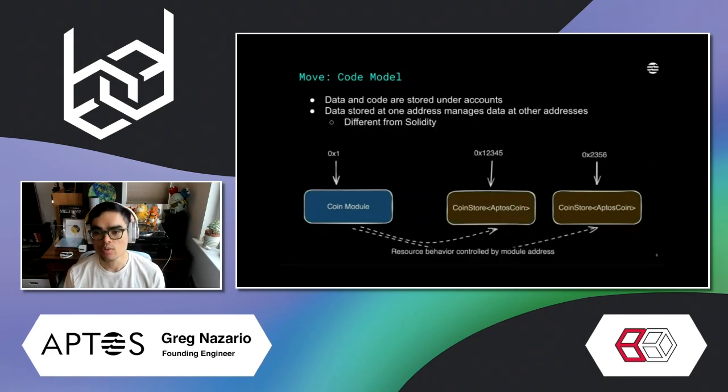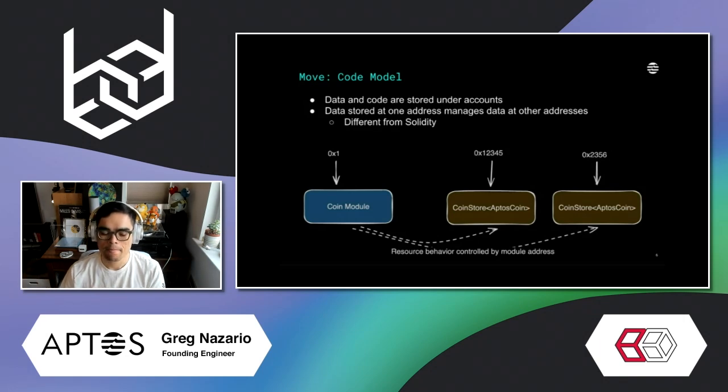So now I want to go into the way that code is distributed on Move. In Solidity, you often have to deploy a contract, and you have to go to OpenZeppelin and get yourself an NFT contract, and then fill in the data that you want, and then publish a new contract. Or you want to make an ERC20 token. You make the ERC20 token, change some values, change the name to what you want, and then you post that onto the blockchain. But the problem there is I'm copying and pasting the code between every single